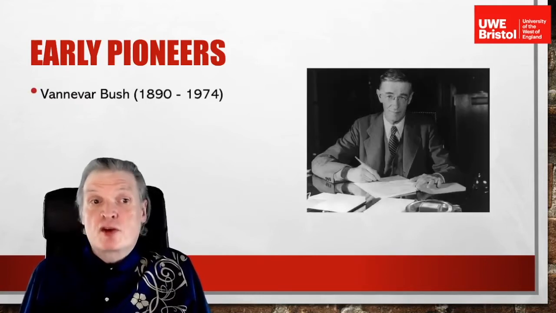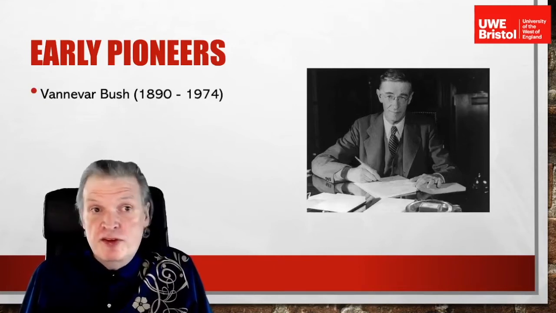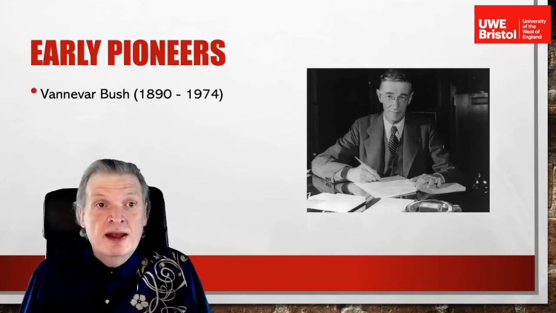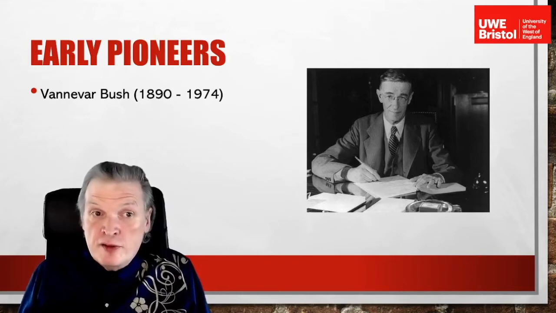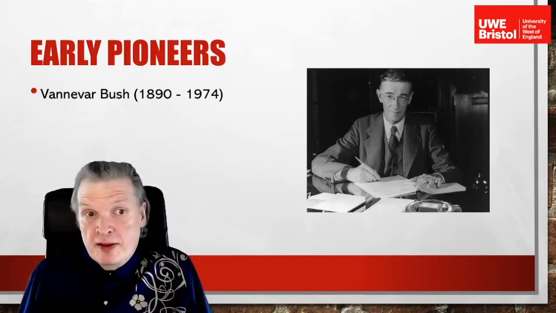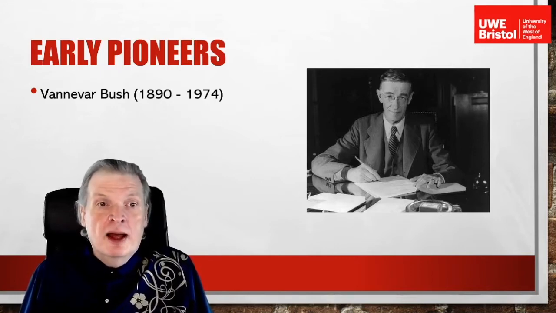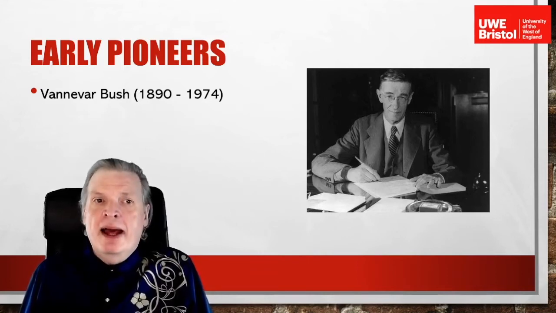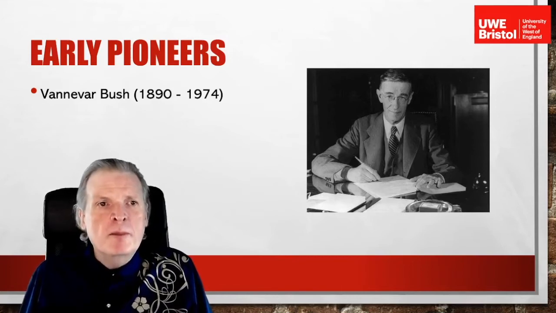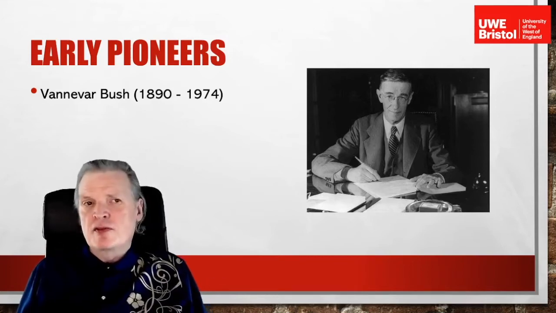And most of Vannevar Bush's career predated electronic computers. He worked on mechanical calculating machines in the 1920s. But he was a very eminent scientist. He rose to being chief scientific advisor to the American president during the Second World War. And amongst other things, he was responsible for administering the nuclear bomb project. But he saw firsthand a modern governmental bureaucracy, which consisted of vast amounts of information flying around, far more than any one person could hold in his head. And he looked at this as a scientific problem.